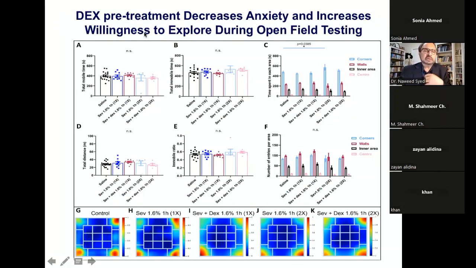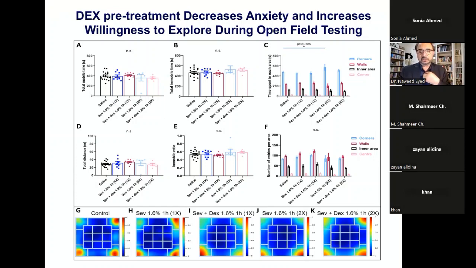We also then asked the question, could all of these parameters be reversed if we pre-treated these animals with dexmedetomidine? And with dexmedetomidine pre-treatment, we found that it decreased the anxiety and increased animals' willingness to explore during open field testing. So this is really remarkable. This is very interesting and very reassuring that one could use this particular anesthetic agent to mitigate anesthetic-induced toxicity. And what we find is that when they were pre-exposed to dexmedetomidine, animals were in all 4 quadrants, and they were really having an exploratory behavior, and they were willing to go out, rather than the animals that were hit by